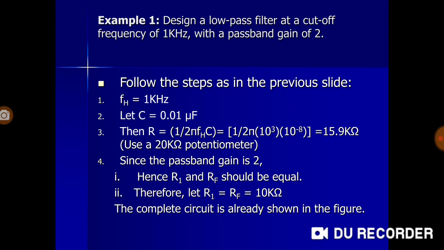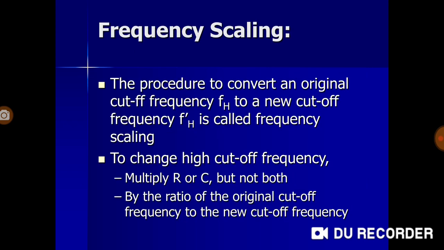Next is frequency scaling. When we talked about frequency adjustability, we just saw that the cutoff frequency is set by R and C values, and usually we don't go in for variable capacitors; rather, potentiometers are easier to adjust than capacitance. Standard resistor values are available, so if the value comes to something that is not among the commercial resistors available, we set up standard potentiometers and fix the values there, which is easier. So frequency adjustability is there, because if we change the value of R, FH is changed, so not much is required.